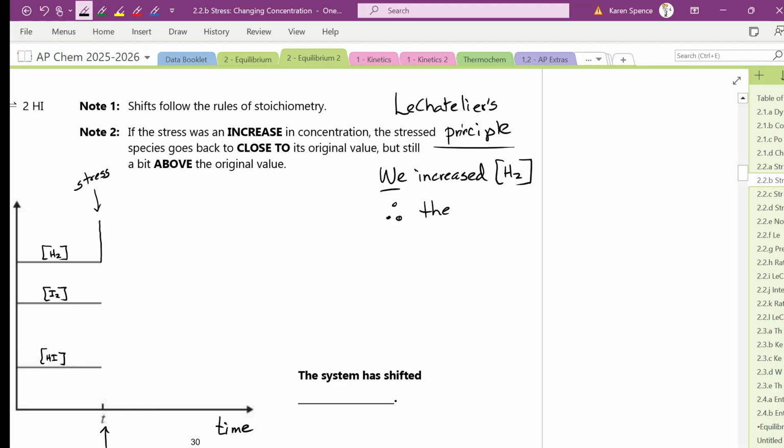No, because that is a bad explanation. Because does nature really sit there and think, it's a change? I don't like change. Don't make me change. I'm going to get it back the way it was. Is nature sitting there having feelings all over the place? No. Okay. We increase the concentration of H2, therefore the system will shift